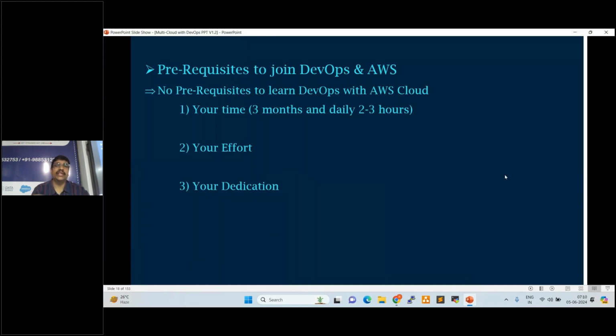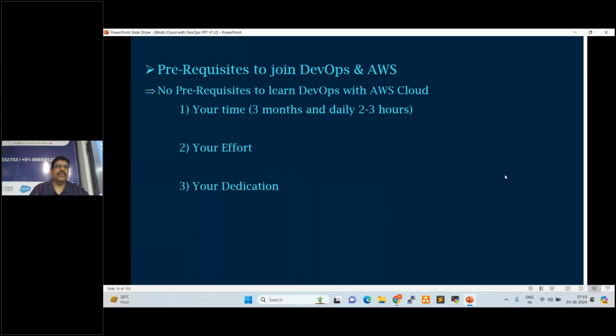Cracking the interview is very simple, but performing the activities in real time is very important. Once you get into the project, you will get challenges, tickets, roles, and responsibilities. So if you want to switch into the DevOps role, you need to dedicate at least 3 months, your time and effort.